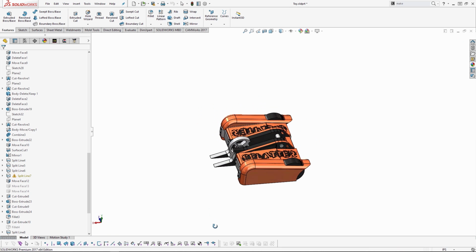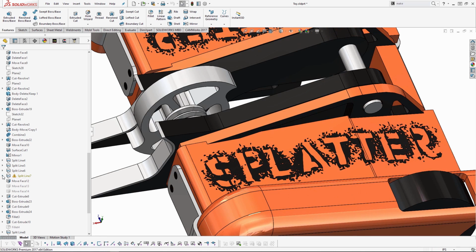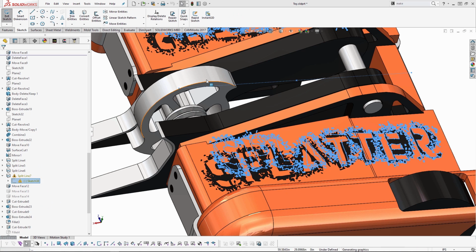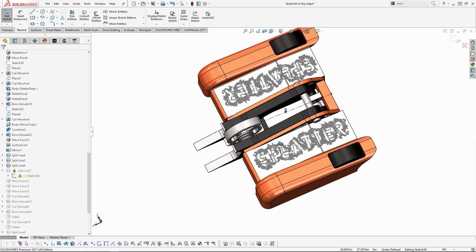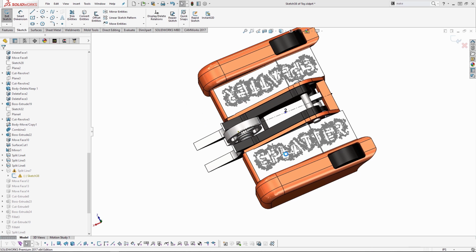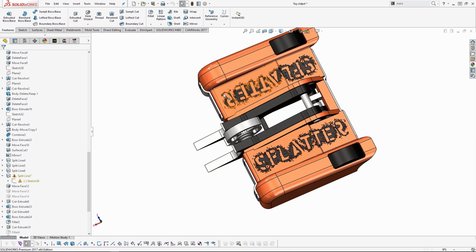So if we just take a quick look at my feature, it's here. The sketch looked like these. Simply split it, and then you go through the, in this case, a little bit arduous process of assigning colors to all the faces. Now, once every face has a color, and we have all of our proper clearances, then